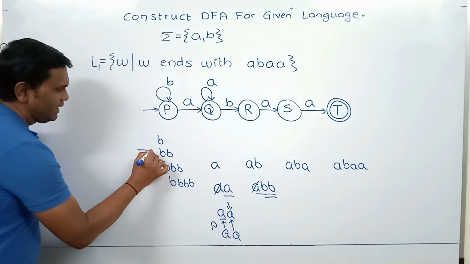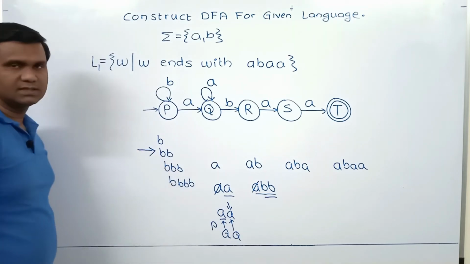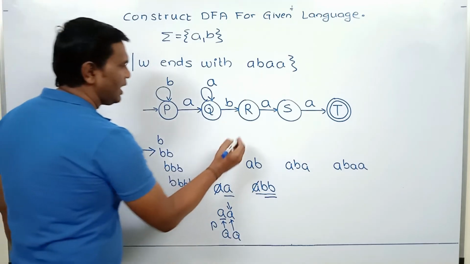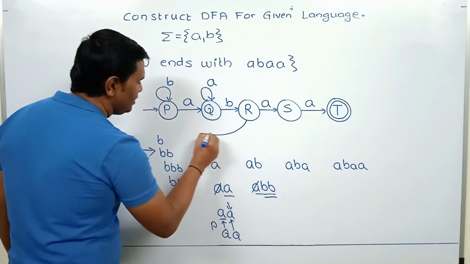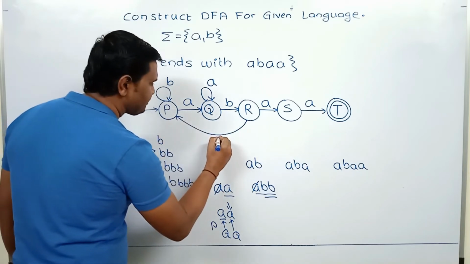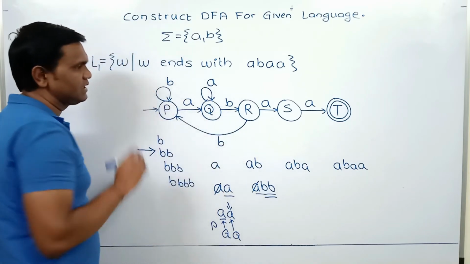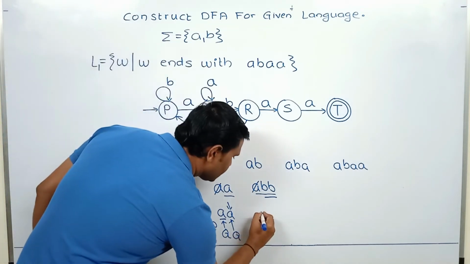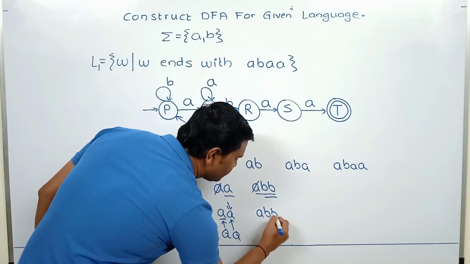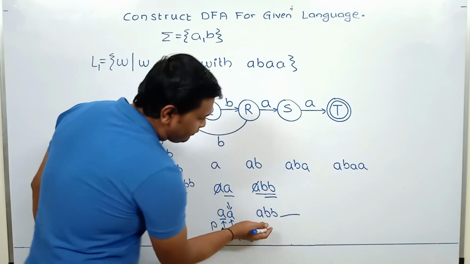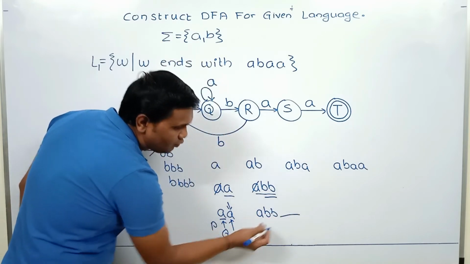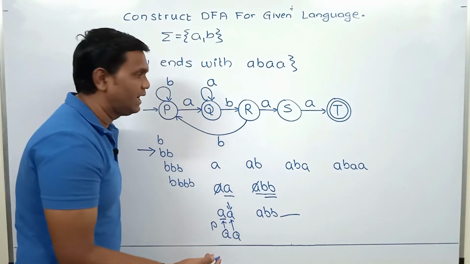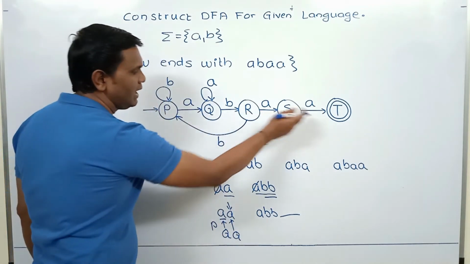So that is state P, the initial state. So from R on B, we come to initial state P. The reason is, if we have ABB,